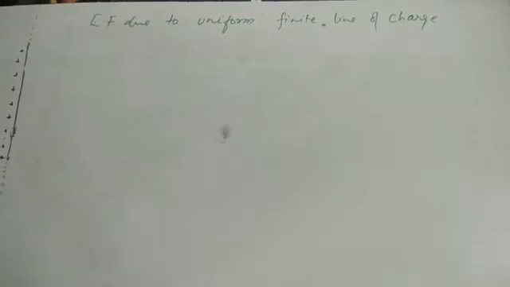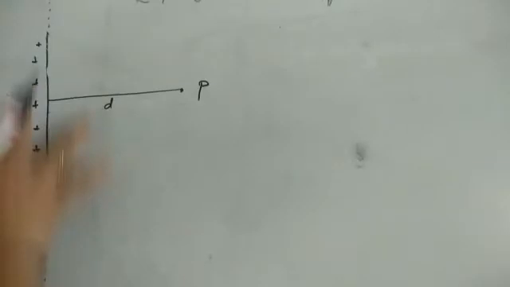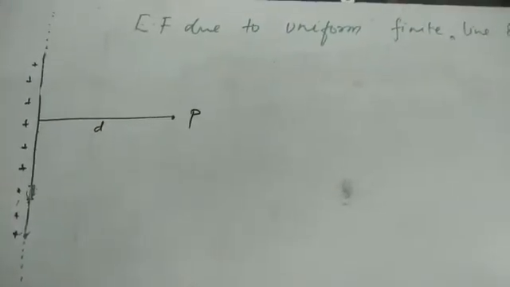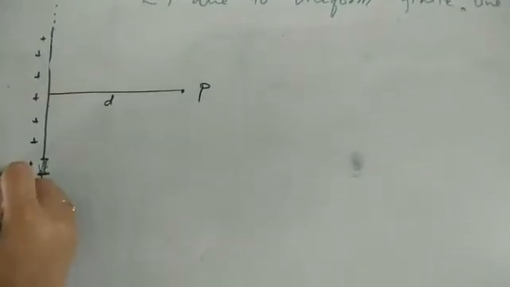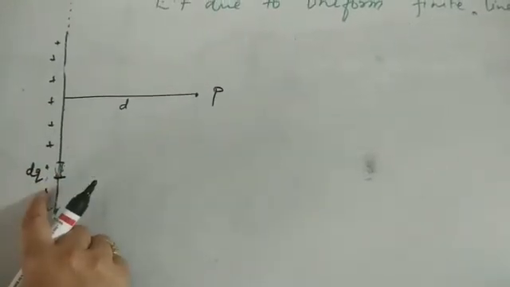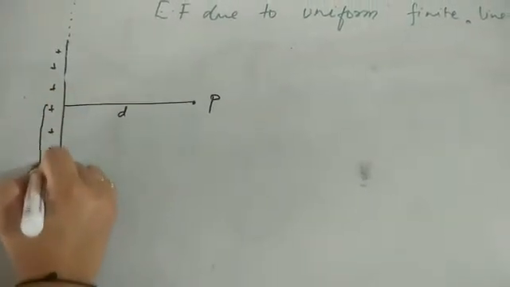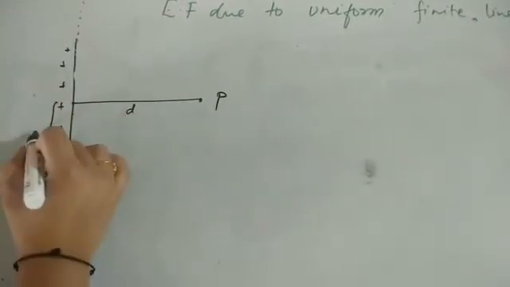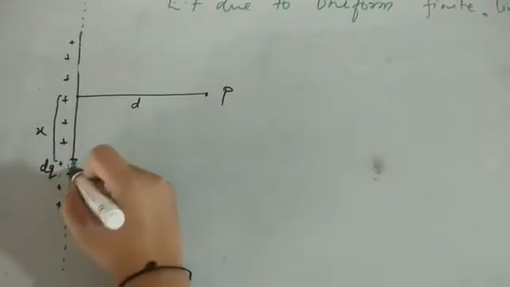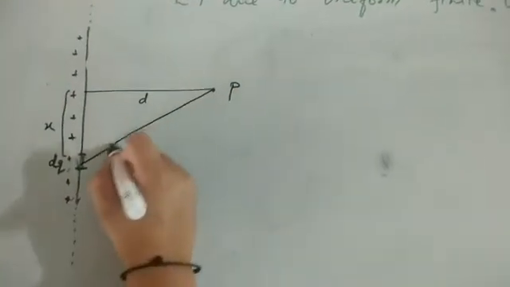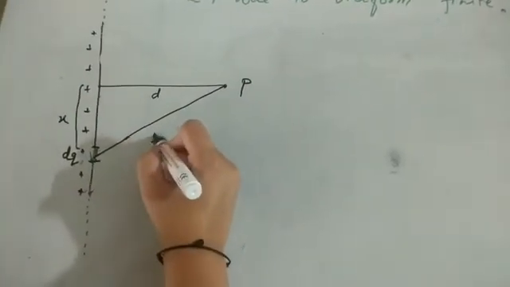So this is your line charge distribution, and suppose we have to find the value of electric field at this point. Let's say this is at a distance d. Again, this is a line charge distribution. We don't have a point charge here. So what we would have done, we would have considered a point charge here. Let's say the charge is dq, and the distance of this charge from the center is x, and the point where we are calculating the electric field is at a distance r.